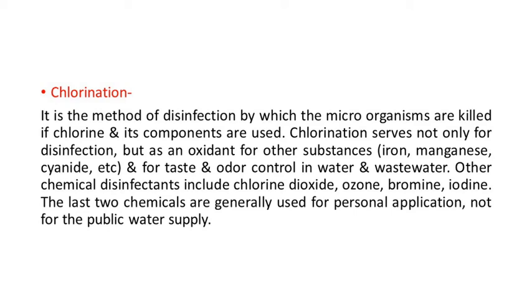Here the chlorine in the form of gas is converted into liquid by application of pressure, and due to that the water is disinfected. This system has a number of advantages: it requires less space to store, it is very powerful in killing bacteria, it is very easy to transport, the result of disinfection of water is uniform and reliable, the mechanism is very easy, and no skilled supervision is required for that process. So these are the different forms of chlorine: bleaching powder, chloramine, and free chlorine gas. These are the different forms of chlorine used for the disinfection of water.